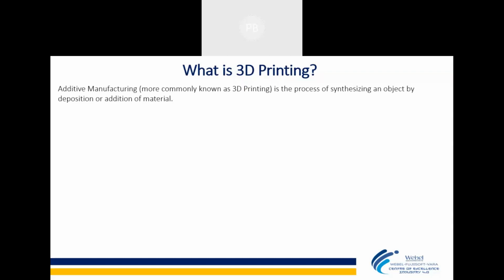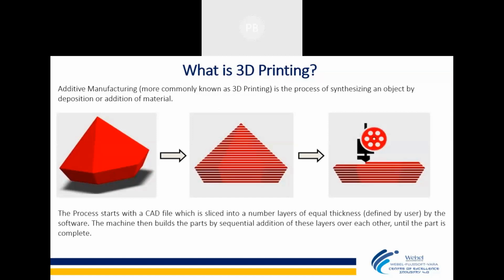So what is known as 3D printing? 3D printing is a very common name. In manufacturing terms it is known as additive manufacturing. Additive manufacturing is the manufacturing terminology, but commonly it is known as 3D printing. 3D printing is a process where we have a CAD file, made using any kind of CAD software like AutoCAD, SolidWorks, Creo, CATIA, any kind of 3D designing software, and we can design any sort of thing. It can be from a very basic cube to a design like a house. That is our design segment.